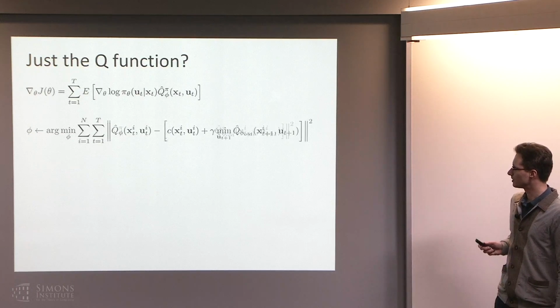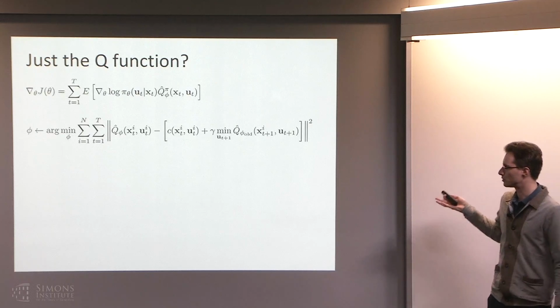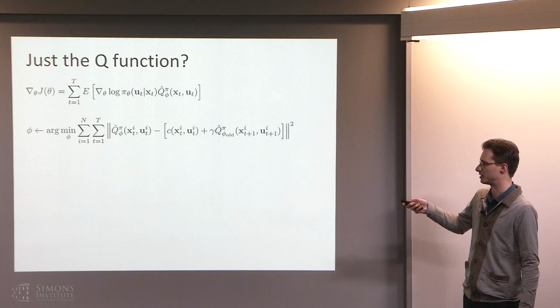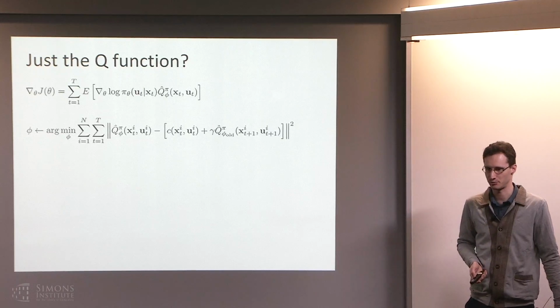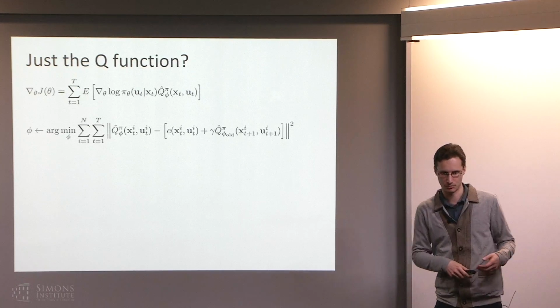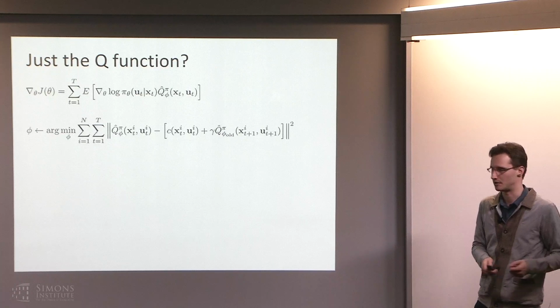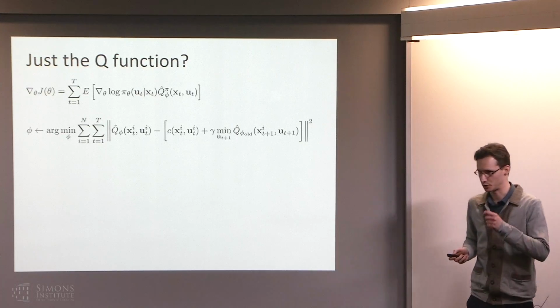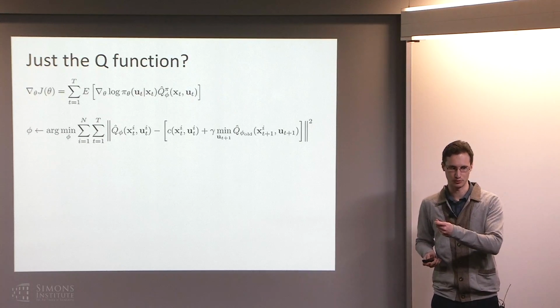So the other thing you can do is, if you're going to fit a Q function anyway, you can just omit the policy gradient completely and try to just directly use your Q function to make decisions. So this is the Q algorithm, the Q learning algorithm that I think was described earlier in the day. One of the small changes you have to do here is, instead of estimating the Q function of the current policy, you can actually estimate the optimal Q function.